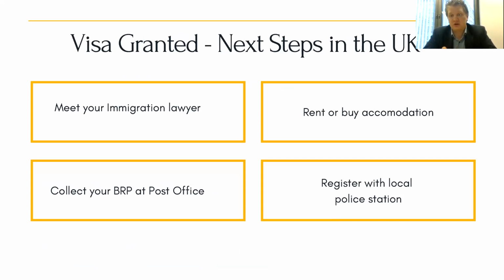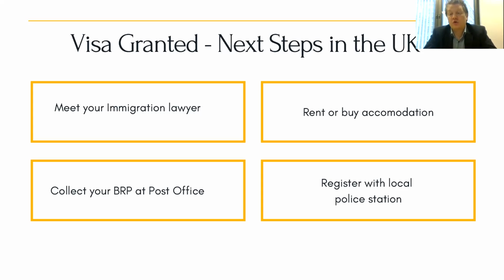First of all, meet an immigration lawyer and discuss how we're going to successfully do the extension after 3 years. Second, rent or buy accommodation, right? Why do you need to rent or buy accommodation? Because it leads to providing all these documents to the police, to the bank, and so on and so forth. Then you're collecting the BRP card at the post office. The BRP card is an actual physical card, and then